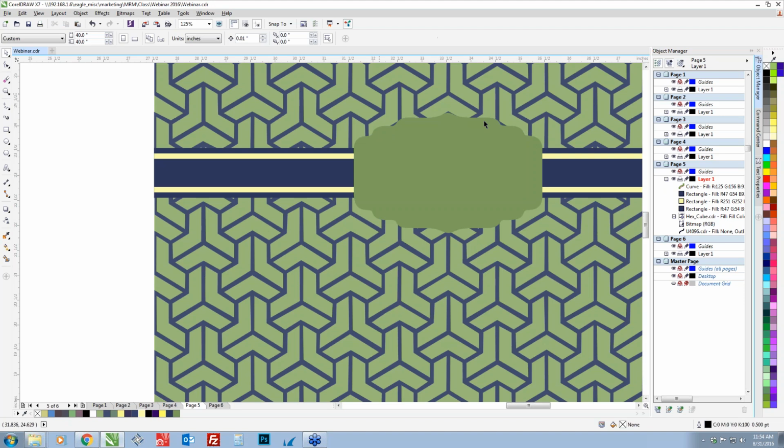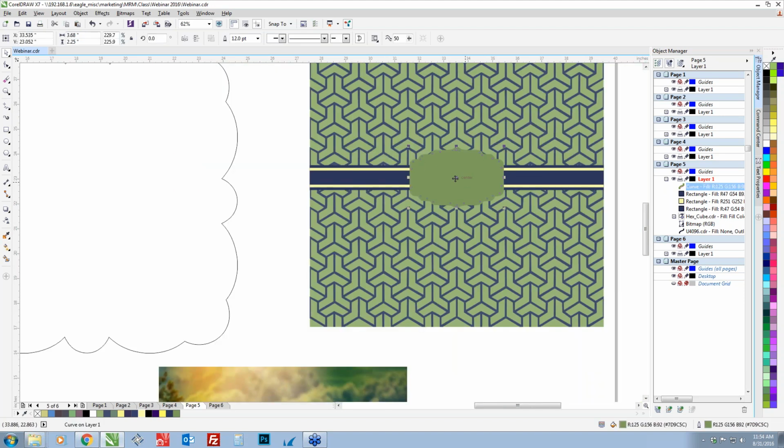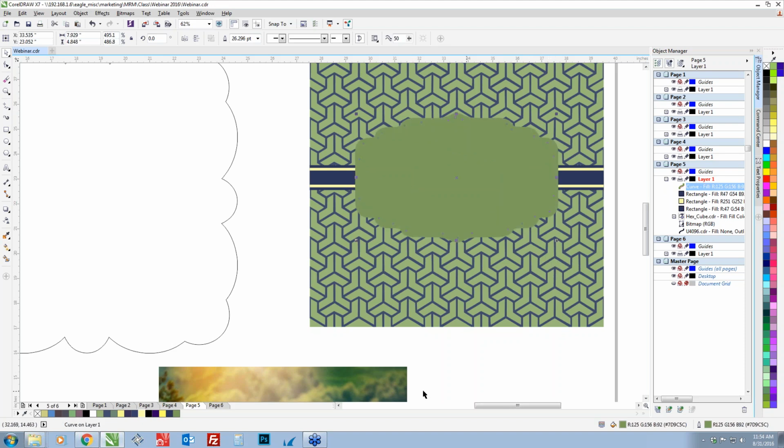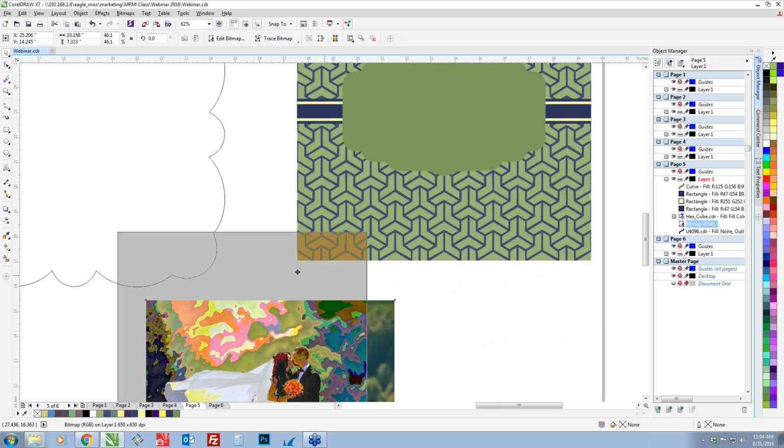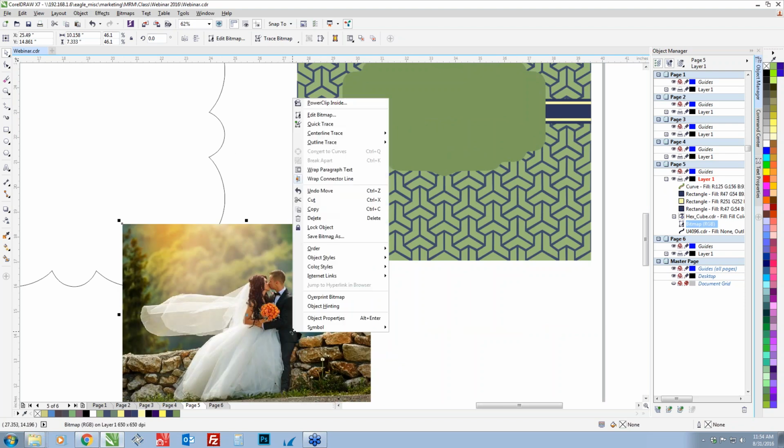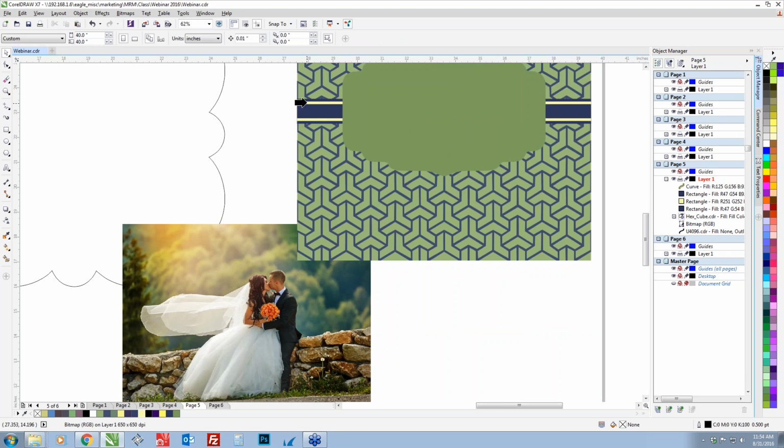get rid of our interior name box. So here's our exterior name box with that outline on it, and we're going to make this bigger. So we're going to hold down Shift, drag it out, make it bigger. Then we're going to take our picture, right-click on our picture, go to Power Clip Inside, and click on our